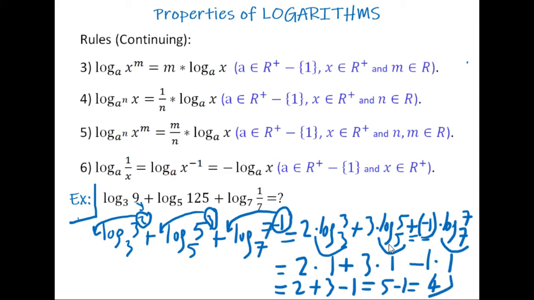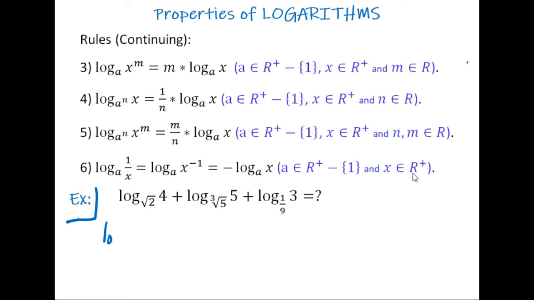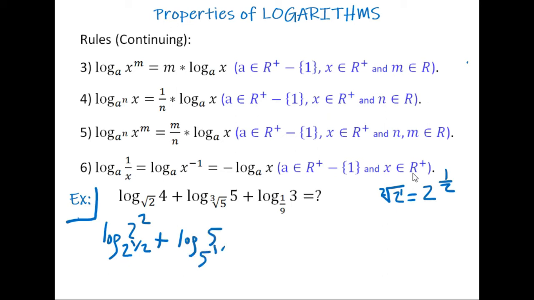Now let's take a look at the next example. Logarithm of 4 can be written as 2 to the power of 2, and everybody knows that square root of 2 is equal to 2 to the power of 1 divided by 2, right? Because here the power of 2 is 1 and the degree of the root is 2. So that expression is 2 to the power of 1 divided by 2 anyway. So it's going to come to the base part, 2 to the power of 1 divided by 2, plus logarithm of 5, and the base is 5 to the power of 1 divided by 3, plus logarithm of 3, and